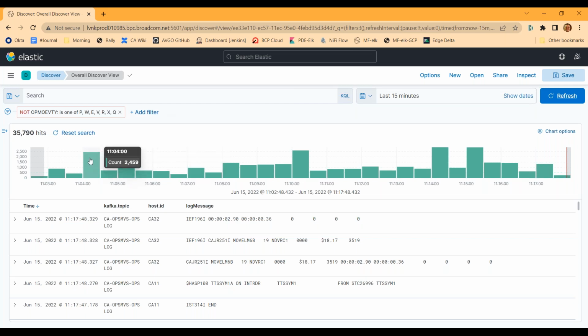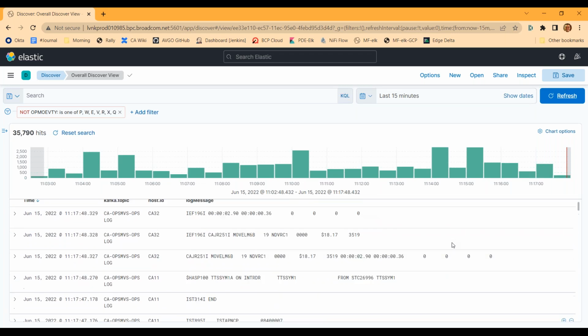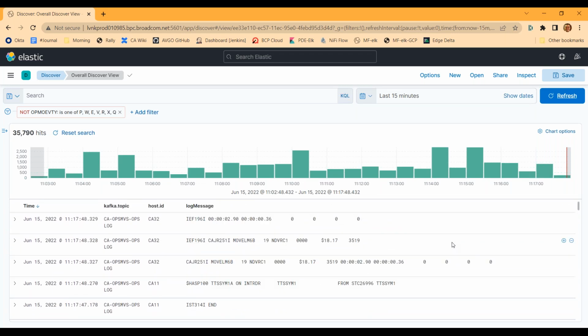Then you'll see this time histogram, which is a count of Elasticsearch documents over time. On the x-axis you have the time, and on the y-axis you have the number of Elasticsearch documents. Everything that comes into Elasticsearch is an Elasticsearch document, and you can see those documents below the histogram.